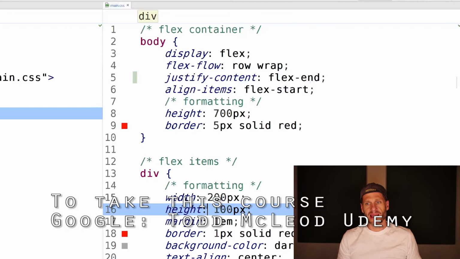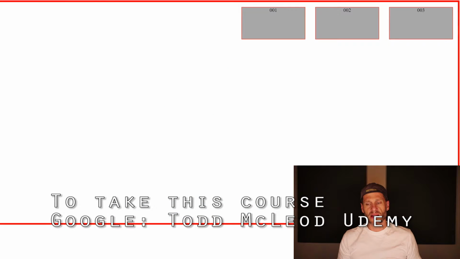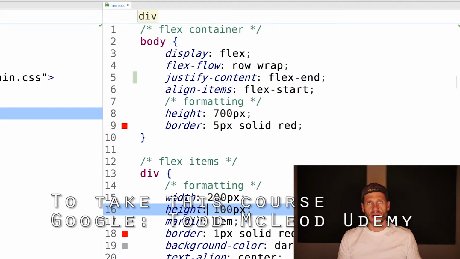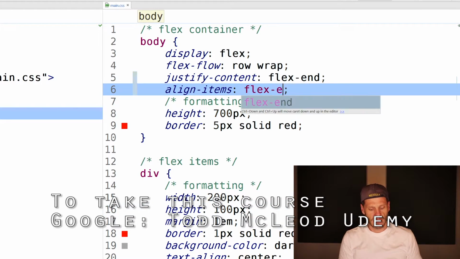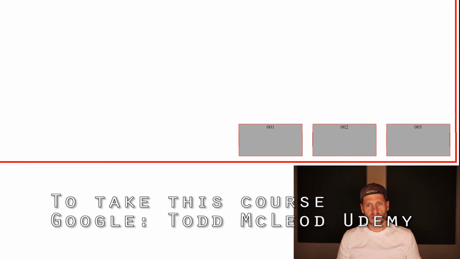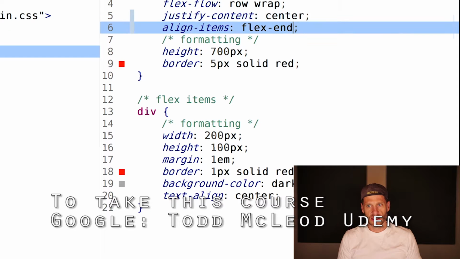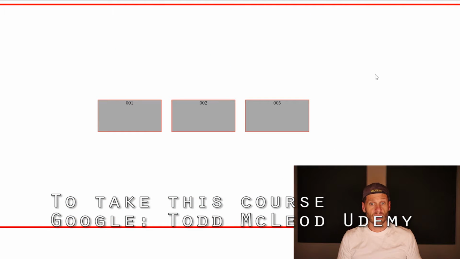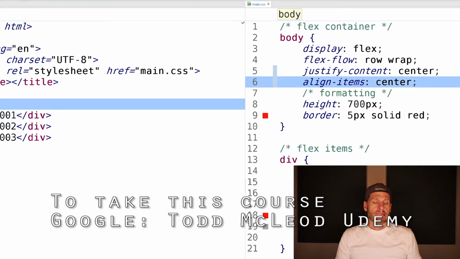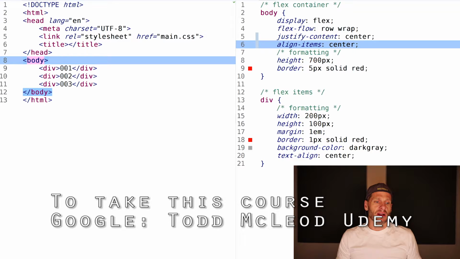And so you can play this game where you're like, well, how do I get it into the bottom right corner? And I can say, well, bottom right corner, justify content horizontally all to the end, and align items flex-end. Come over here, bottom corner. Can I get it in the center? Well, put it in the center horizontally, put it in the center vertically. Sweet. So now we're moving stuff around. We're getting pretty close to that point where we could go play Flexbox Froggy and get that frog to jump onto its lily pad. All right, so those are the examples for flex-start using